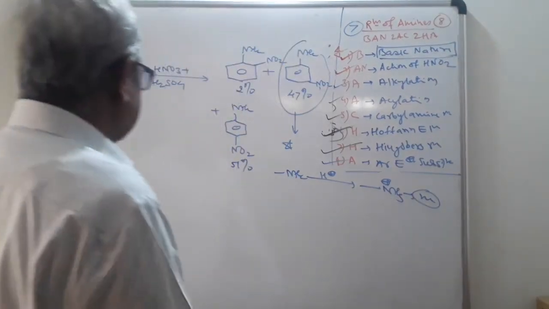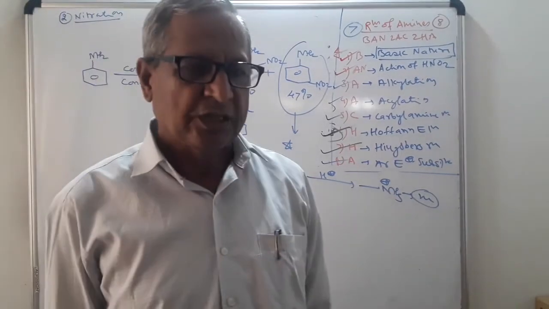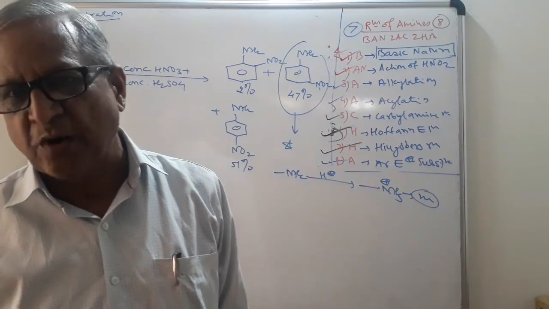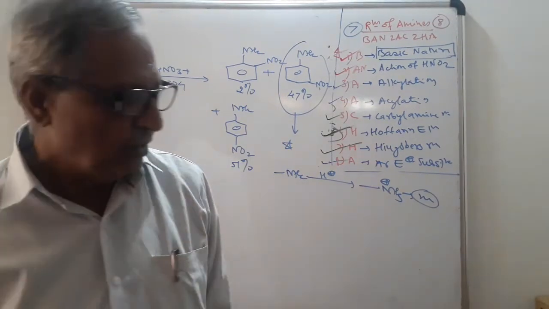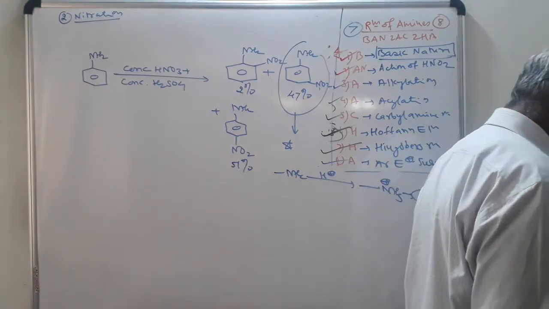Similarly, when you prepare the para nitroaniline, do the acylation, that is a protection of the NH2 group or deactivation of NH2 group, you will get the para product. Do the hydrolysis, again you will get the para nitroaniline, same as you will learn in the bromination.